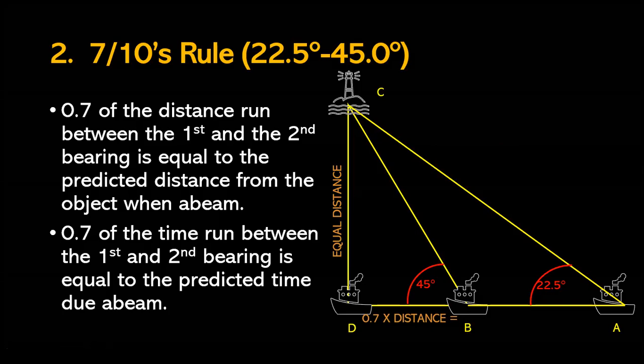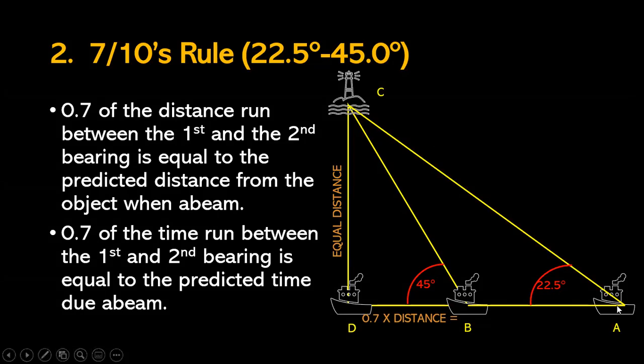the object when abeam. So class, let's say for example, your vessel is navigating again. So you are navigating and you saw an object, and you check to your gyro compass, the bearing of that object is 22.5. So di ba sinabi natin class, pag nag-navigate tayo, tumatakbo. So the time na nandito na yung barko nyo, kumuha ulit kayo ng bearing, pero with the same object. So itong lighthouse pa din. So the time nakuha nyo is 45 degrees. Okay? Tapos, dahil patuloy pa rin kayo sa pag-andar ng barko or pag-navigate, so nung time nagpunta daw dito yung inyong vessel, abeam of the object na kinuha mo kanina,